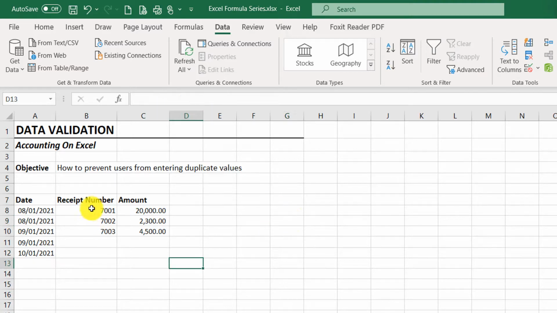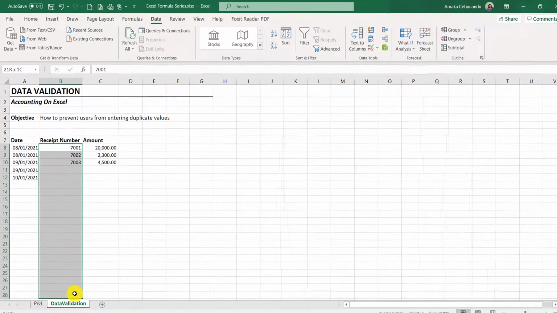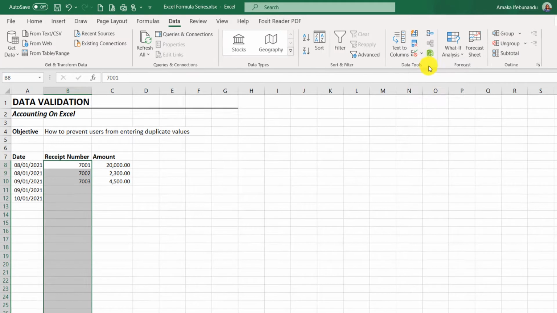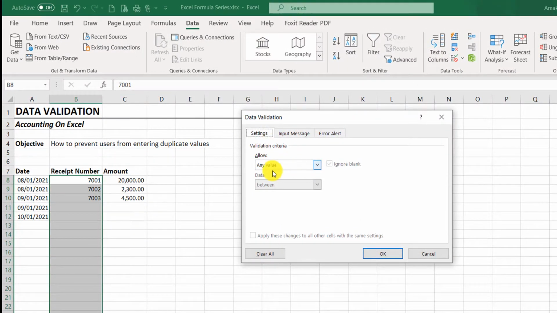So I will just select the range, go to the Data tab. Under the Data Tools group, click on Data Validation. Right. So when you come to this point, under Allow, select Custom, and you input your formula equals, remember the formula we just tested,